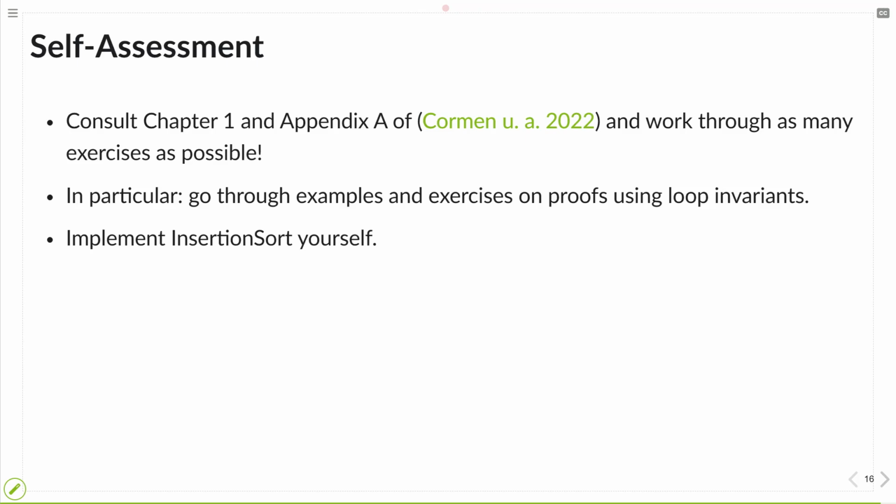This gives you a better understanding of the algorithm. And since this is the beginning of the course, make sure you engage from the very beginning. These loop invariant proofs are already quite formal, but they are important later in the course. So make sure that you stay ahead of the material. Okay, until next time.